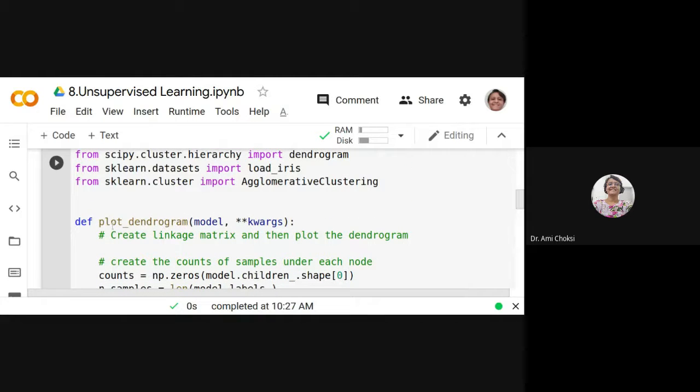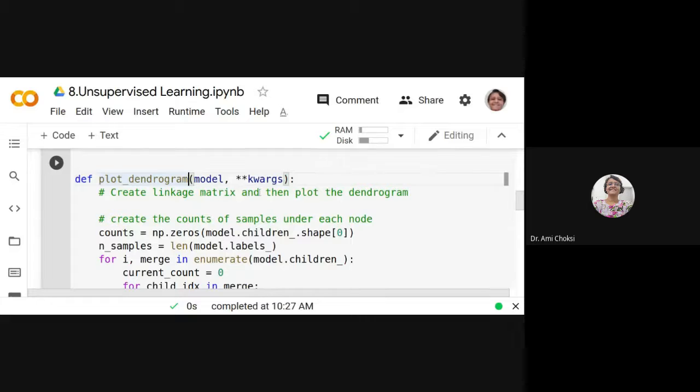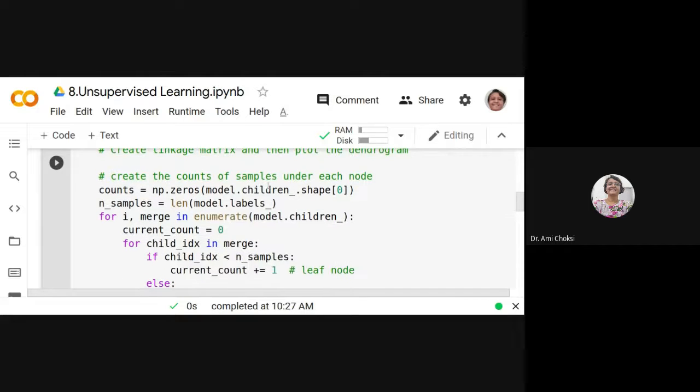So def plot_dendrogram, this is the dendrogram function we are having, okay? It takes model, and then variable number of arguments, so you can specify as you want.